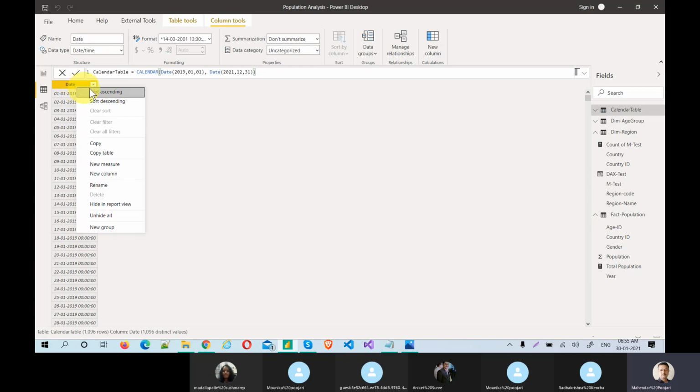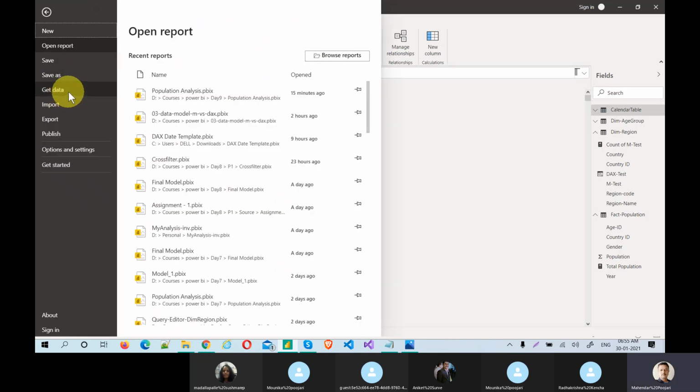And from here we can extract whatever we want. I can show you how to extract only the month number, month name, weekday, week number, and quarters, how to work with quarters. So all those things come here itself. Okay, so I'm just saving this file.